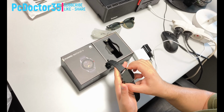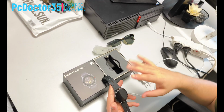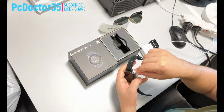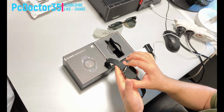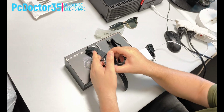We are trying to charge our watch from the USB output of our computer as usual, and the result is unsuccessful on the first try, as you can see. We try to open our watch again, but we couldn't. We try other methods. I took this video as the second step for our viewers who could not get results